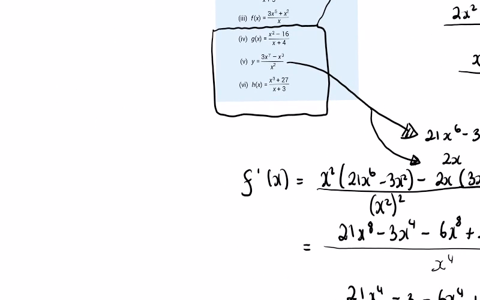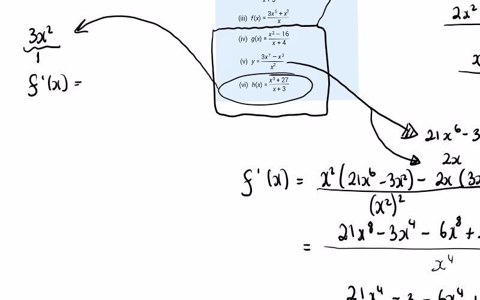For the last one of these, you might be able to see it's the sum of two cubes here, which would have x plus 3 at the beginning. So this would just give us a quadratic if we divided it in, but let's differentiate the top, x cubed plus 27 to get 3x squared, and the bottom is just going to give me a 1. So f prime x is going to be on the bottom to be squared, and on the top we have the bottom by the top differentiated, which is 3x squared,